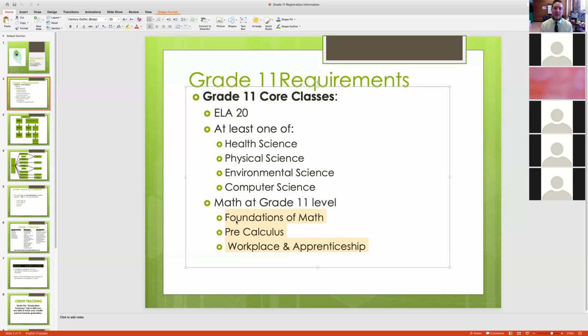We do ask that in grade 11, you choose a minimum of 9 subjects, okay, or 9 credits. We think it's important to take advantage of all the incredible things we have to offer. So I want to encourage you to really fill out your schedule with class options and take advantage of some of the cool electives. School doesn't always need to be intense and academically focused. There are some great classes and areas of passion that you can follow. And we sure have a lot of those and some new ones that we're really excited to share with you